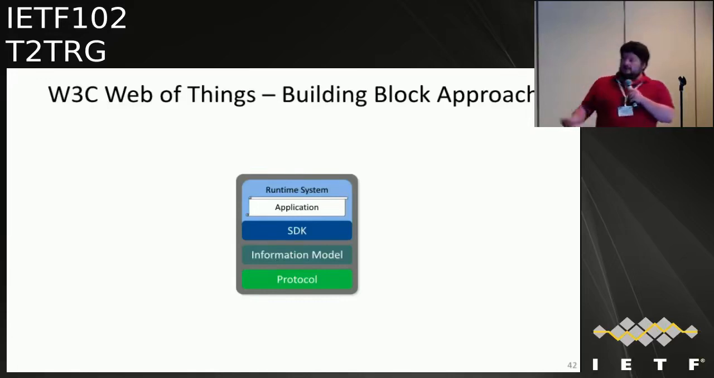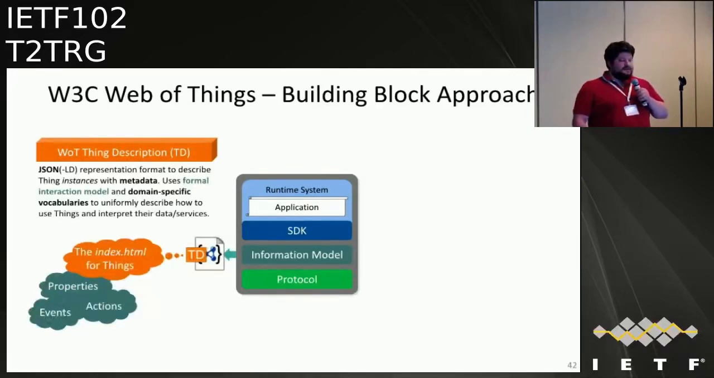If you look at the generic IoT system, it usually has a stack something like this. The central building block is this thing description. Overall, it's a JSON-based representation format that can describe instances of things through a formal interaction model. So it improves over data models or information models that might be implicit in the ecosystems, and gives some semantic meaning to it. So it's not only what data is provided, but also how do I get it, how do I modify it, and so on. Overall, you can think about the thing description a bit like the index HTML for things,